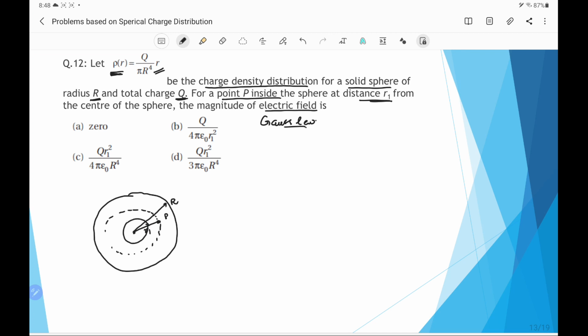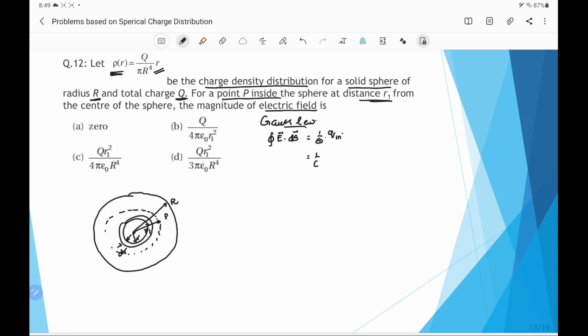an elementary shell of radius say r and thickness dr. And we have to first find the charge of this elementary shell, and then we can apply the Gauss law. As per Gauss law, integral E dot ds, this is the electric flux which is enclosed by the Gaussian surface, it is equal to